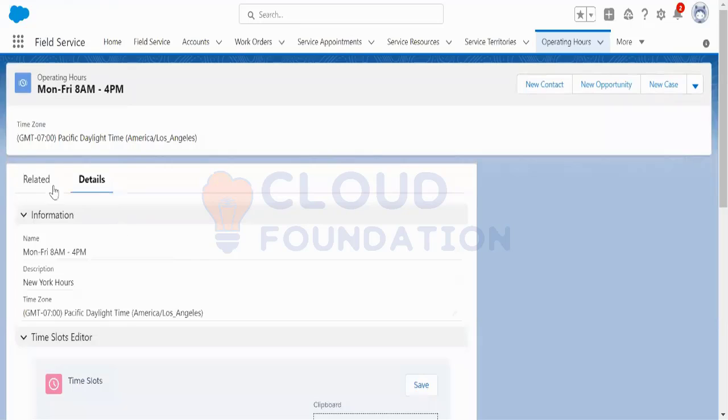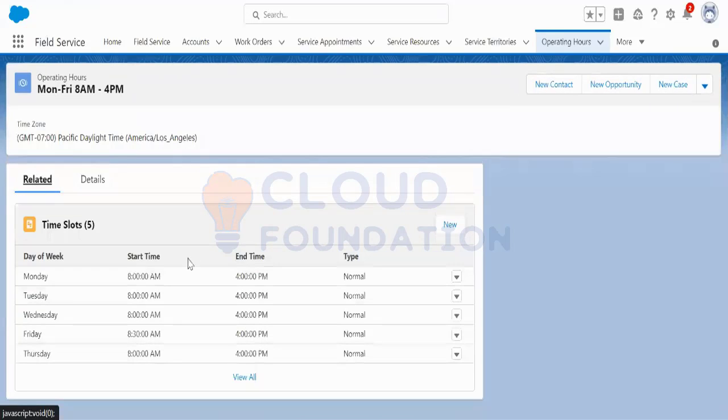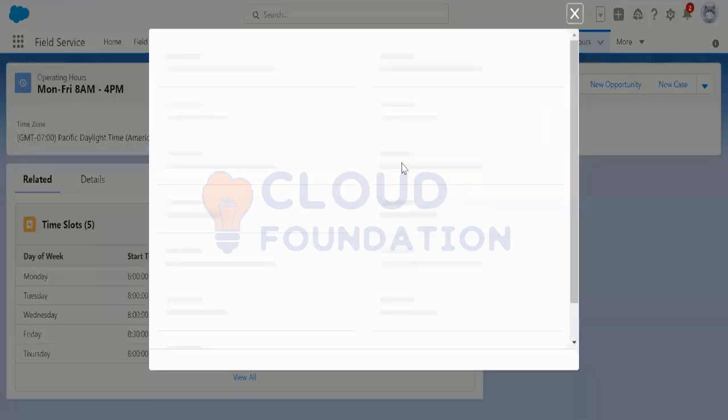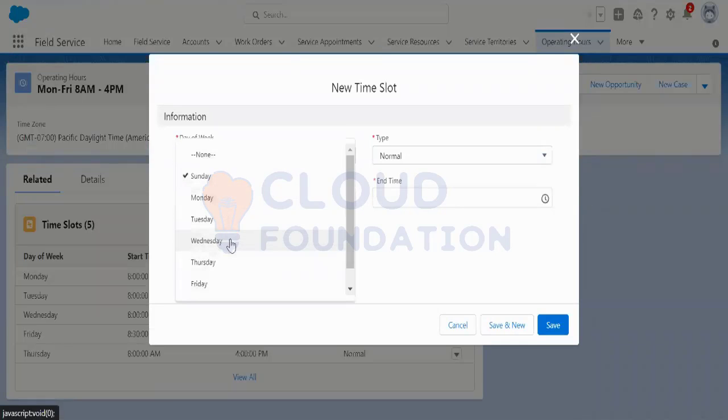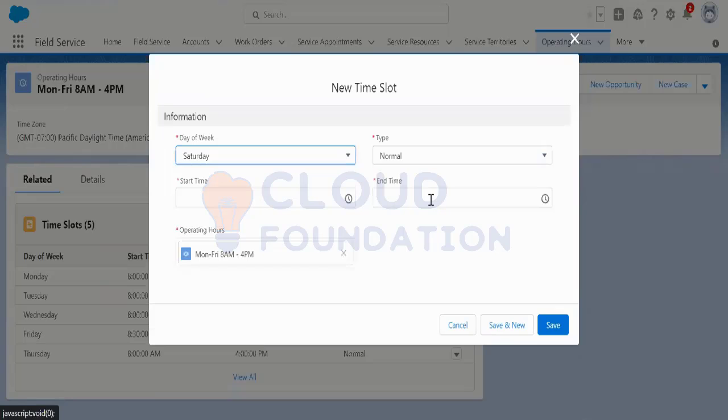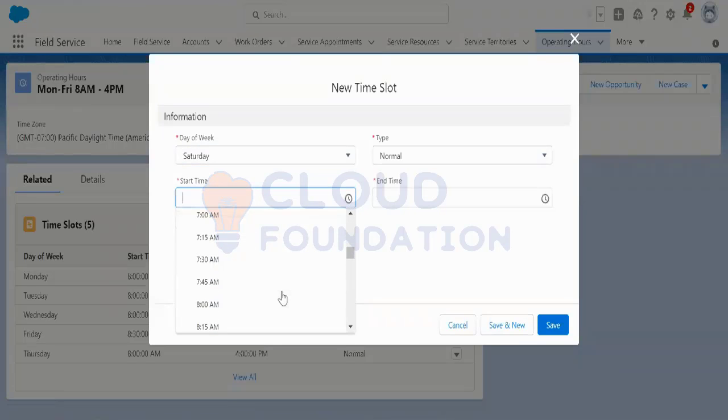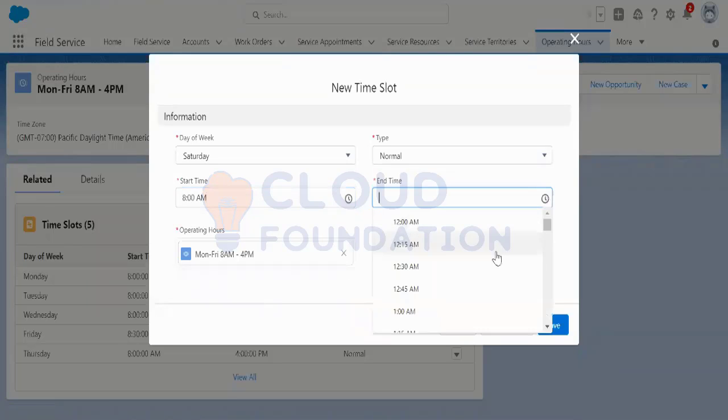Okay, I'm going to the time slot. Yesterday we created the time slot from Monday to Friday. Let me create the time slot for Saturday and Sunday also. So let me create the time slot. Suppose for Saturday, it's a normal time slot. Suppose I put 8 a.m.,